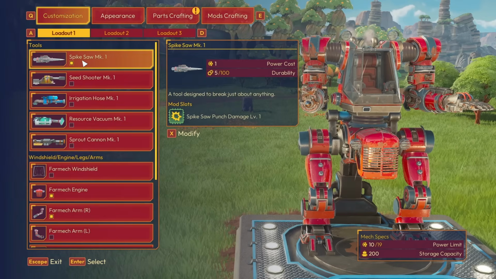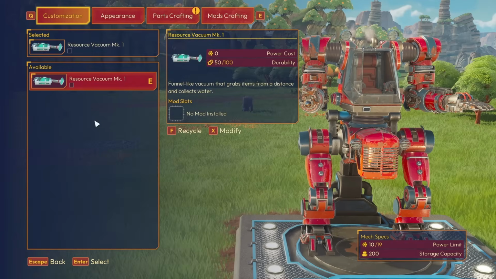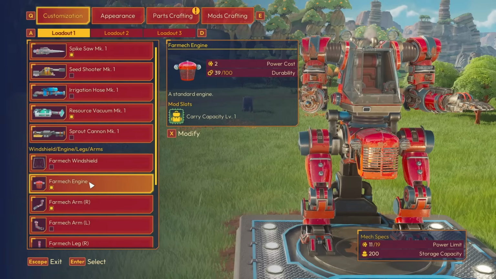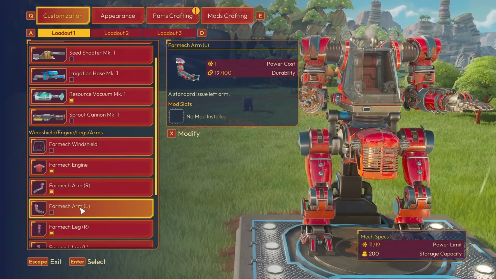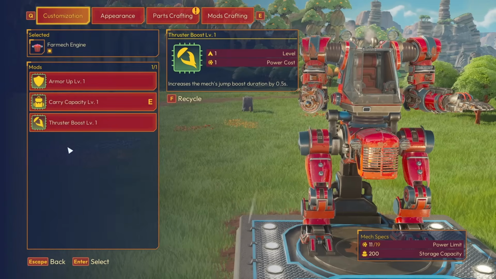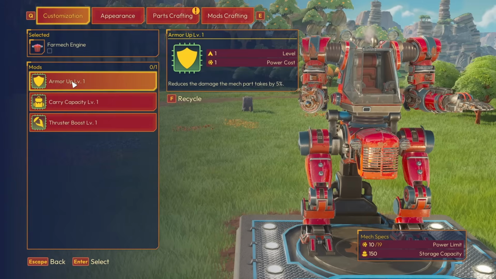Spike saw, I've got the... Oh, right, I've already got the damage level. Alright, well, the resource vacuum is getting the range mod. Now we need to go... Oh, the engine's got carry capacity on it. Now, the carry capacity can go in the arms. So if I modify and I remove the carry capacity from here and rather put the...